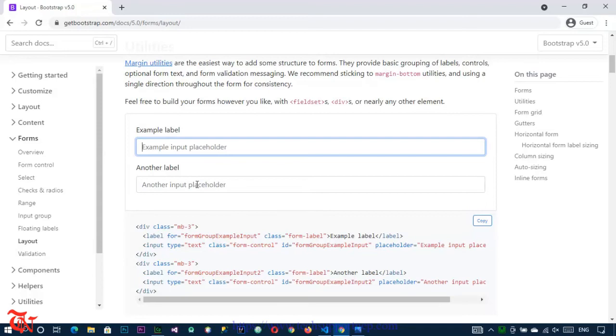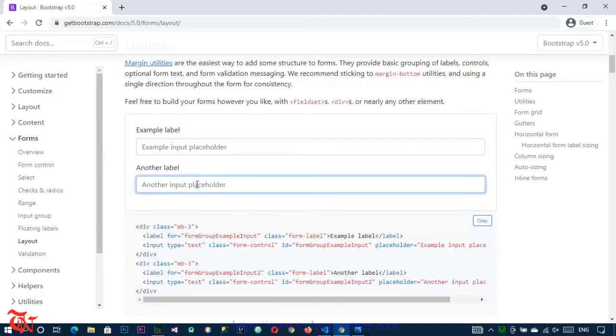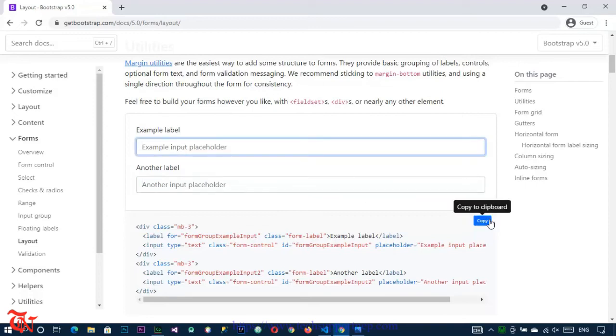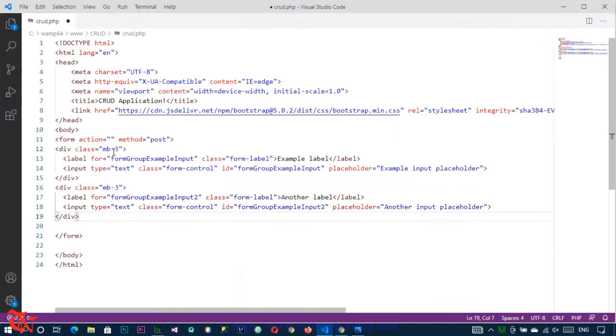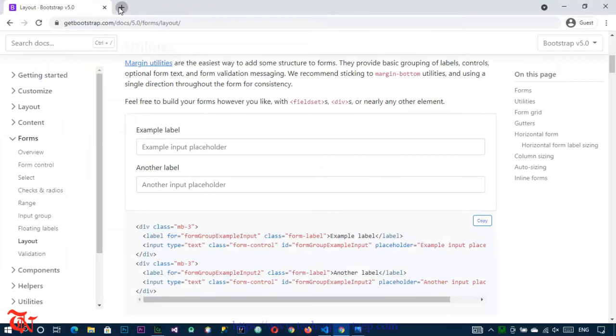Here you can see, because we are going to create a CRUD application in which we are going to insert some data from our web page and save that data into a database, and we are going to access that data from our database also and display it in our web form. So here we are going to simply copy this. As I already told you, you just need copy and pasting skill. So inside that form I am going to paste that and save it,